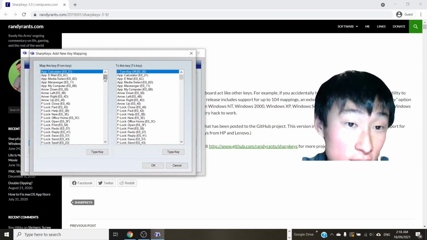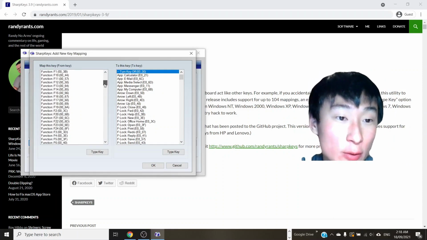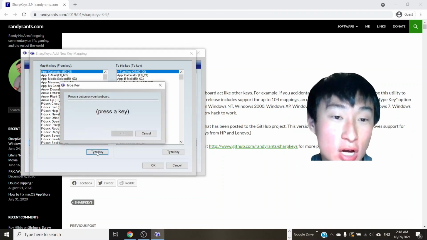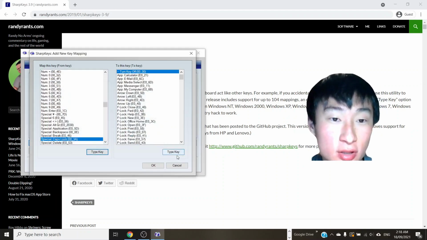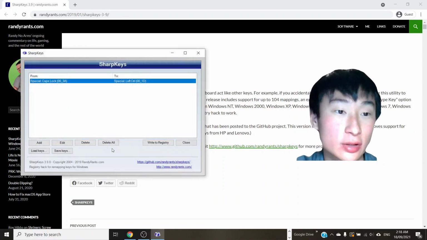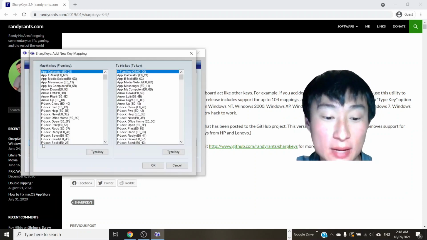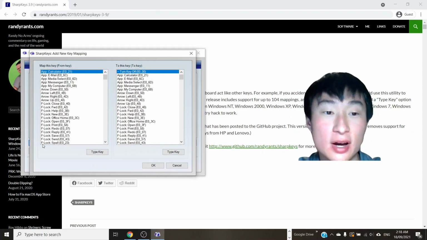For example, what I want to do is I want to swap Control and caps lock. I want to make caps lock Control. So you can just type it in. I typed in caps lock and I want to turn it into the left Control. And I'll click OK. And I'm also going to move Shift up to Tab because I find when I want to,